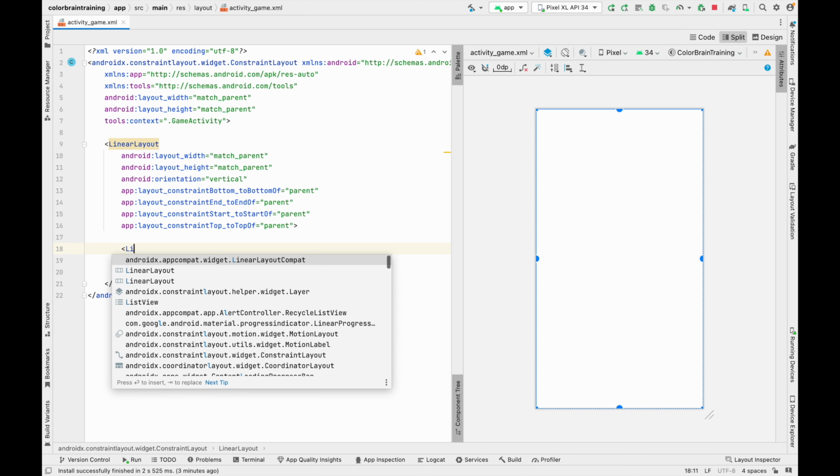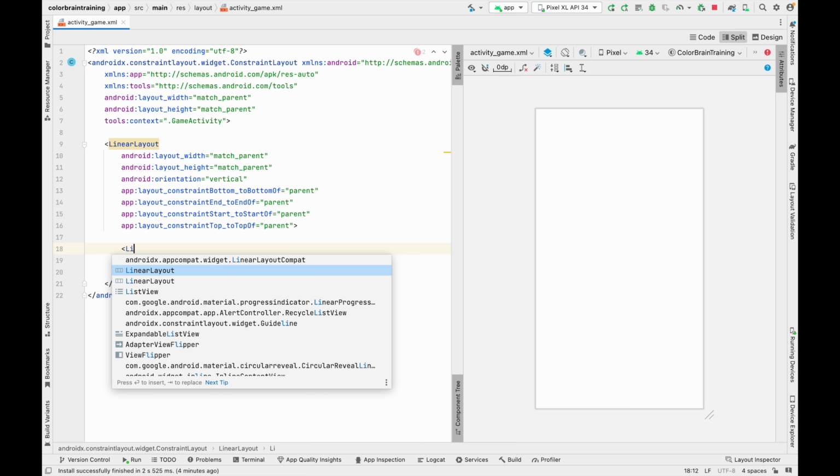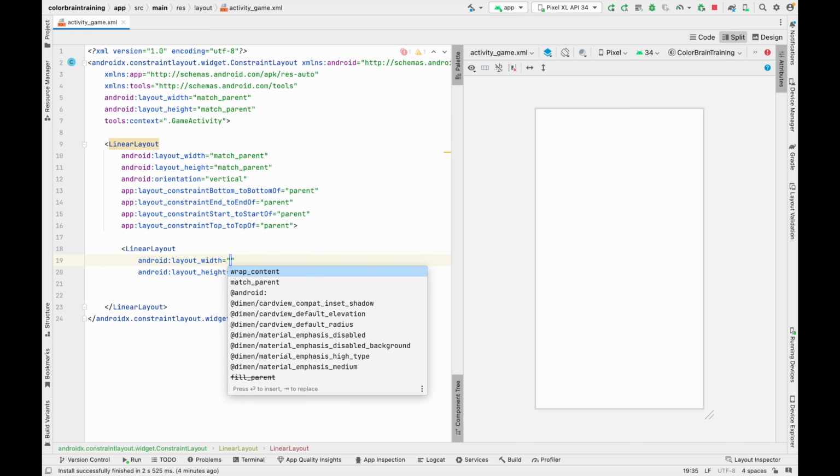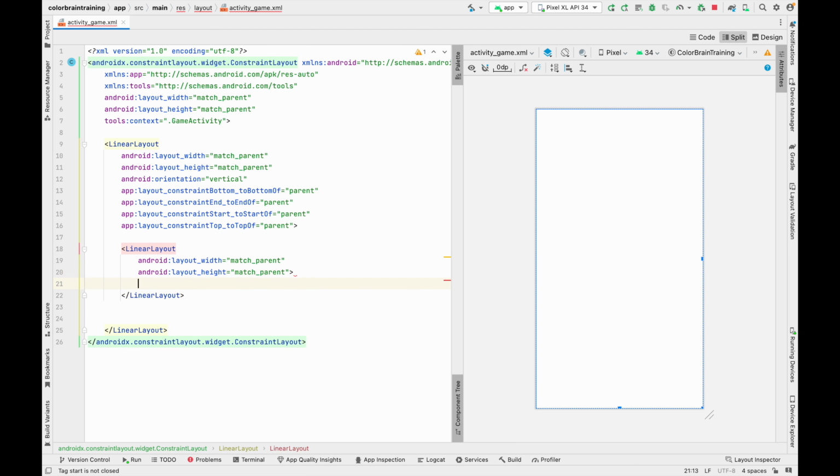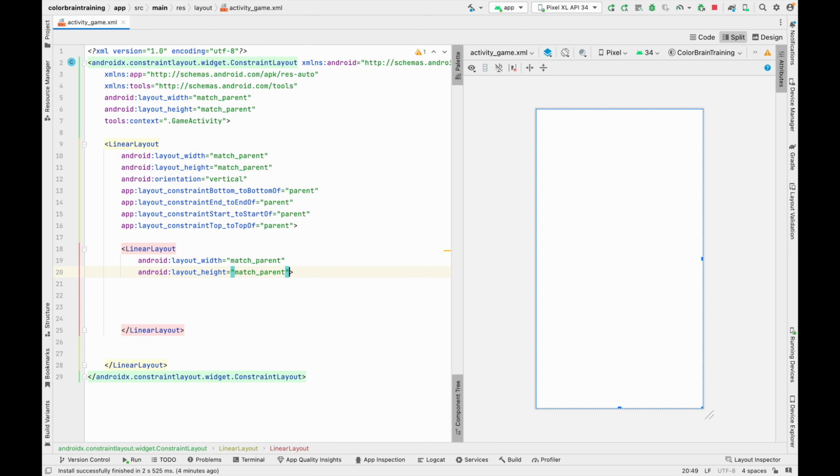So we have to add one linear layout over here, and then the width will be match parent, and height will be match parent again. So let me choose height as match parent. The next thing that we have to do is add an orientation. So we have to add orientation